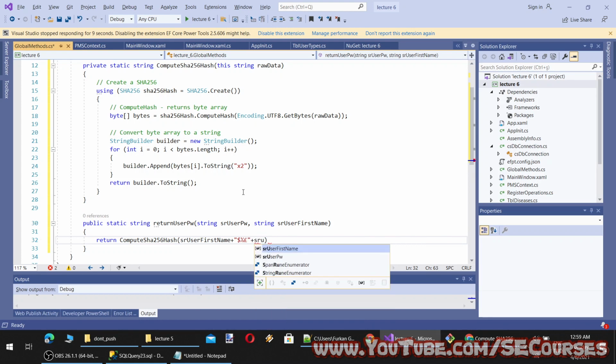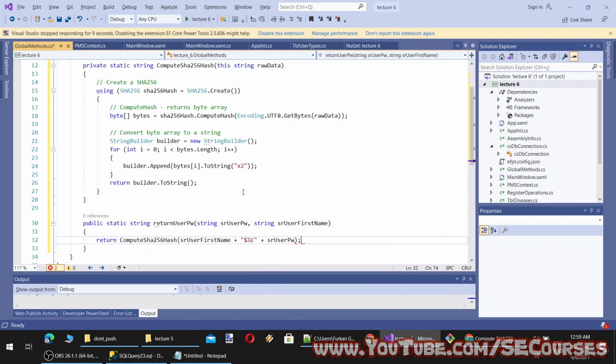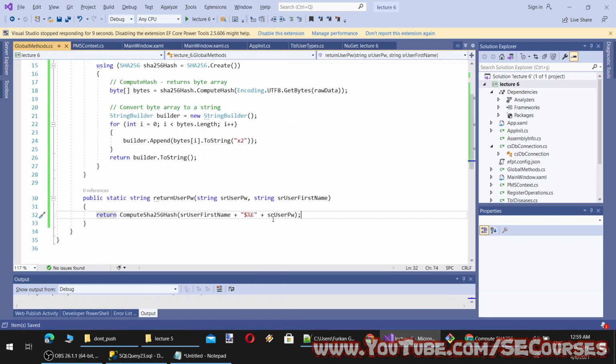And so you see, we will not simply get the hashed output of the user password. So we are going to make it unique, and this way, no rainbow tables will be useful.